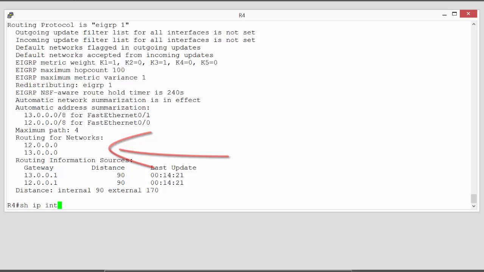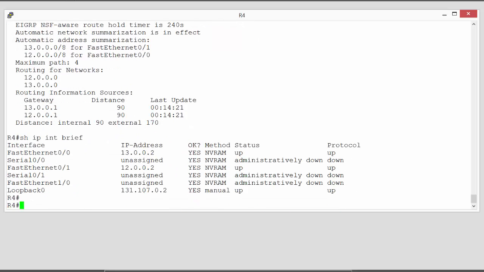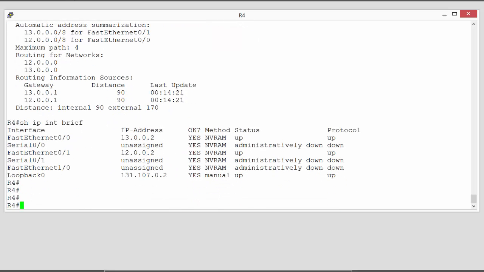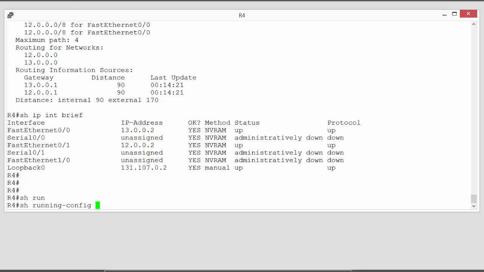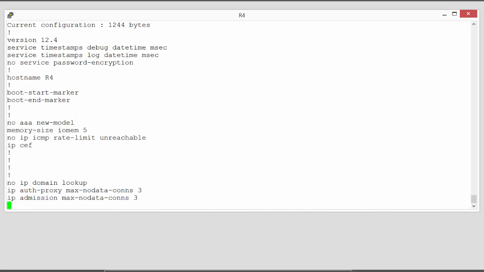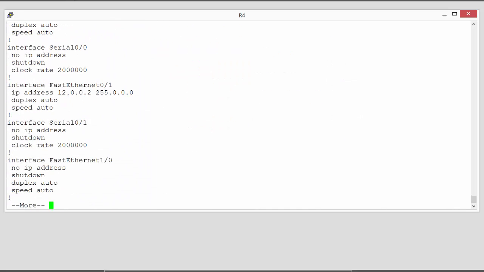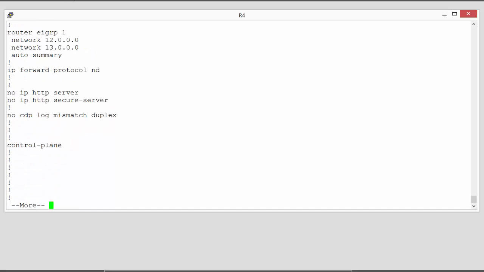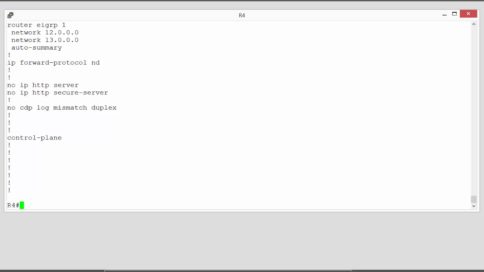If we do show IP interface brief, we can see that I have an interface attached to that network. It's my loopback interface. So the interface is up, that's a good thing. If we do show run, or show running config, and scroll down to the EIGRP section, here we can see that EIGRP just has two network statements. Network 12, network 13. So EIGRP has not been configured to work on that loopback interface, so therefore it will not advertise its networks. So if we fix this, we go conf t